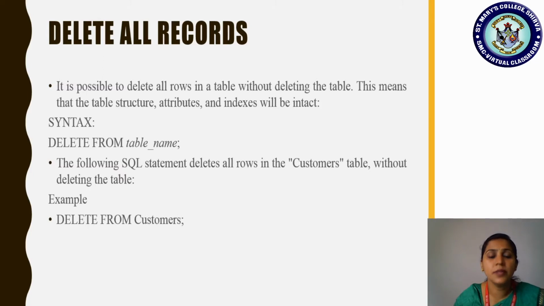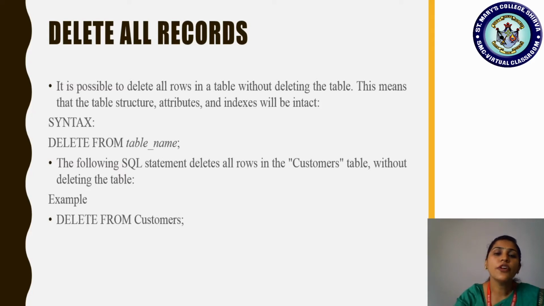Delete from customers. Here, if we compare with the previous syntax, there we had attached a condition with the help of a where clause. Here you are not attaching any condition. There is no restriction to remove the data. If all the records have to be deleted, what is the syntax you should use? Delete from customers. That's all. Isn't it easy to remember?